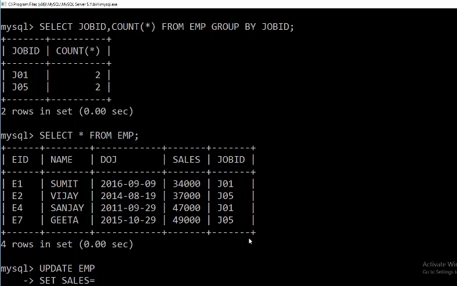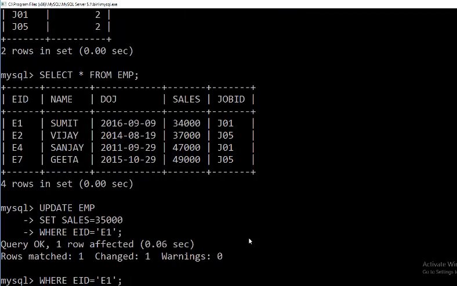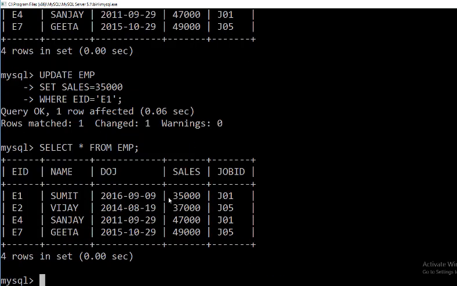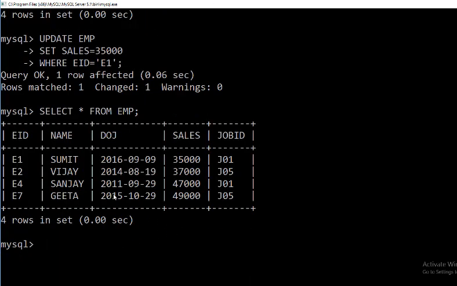Suppose you want 35,000. Or you can write a formula also. Whose sales do you want to change? If you don't write where, it will affect all the rows. So where EID is equal to E1. So one row affected. You can see the output. So now the sale has been changed to 35,000 from 34,000. So this is how we use the update command.